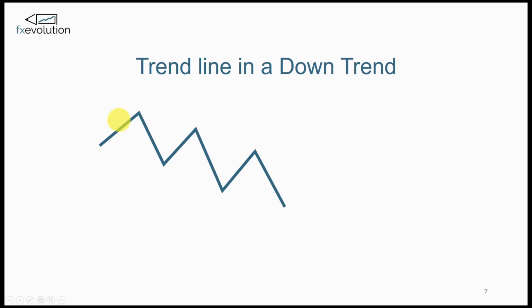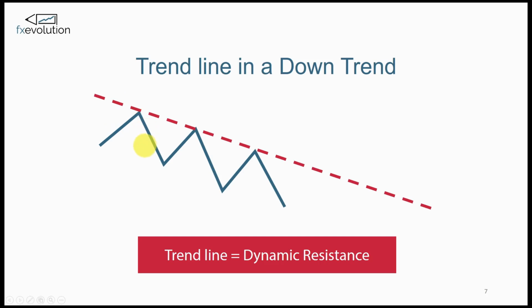For a trend line in a downtrend, what I'm looking for is the exact same thing, but the opposite way around. So a peak followed by a lower trough, followed by a lower peak, followed by a lower trough. The same principle applies. So as I see the second peak being formed, I'll draw my trend line, and when that second peak gets broken, so at this point here, I'll know that the trend line is validated. So we've had three troughs and we've had two peaks at this point. So when it breaks past that second peak, we know that the trend line's validated, and we can look at when it comes back to the trend line, potentially selling the market at this point with the idea of decrease